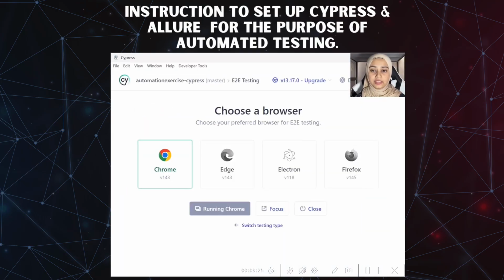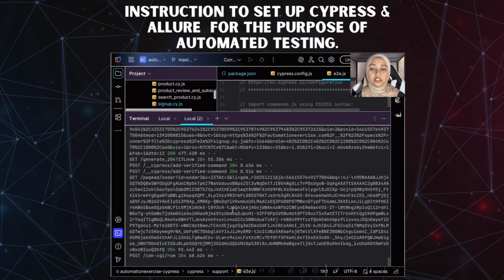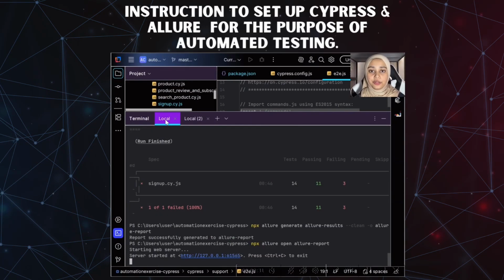In conclusion, this demonstration shows how automated testing using Cypress version 13.6.0 can be effectively applied to validate the system functionality and detect real system defects, particularly in user input validation. Through this automated approach, issues such as invalid input being accepted by the system can be identified early and documented